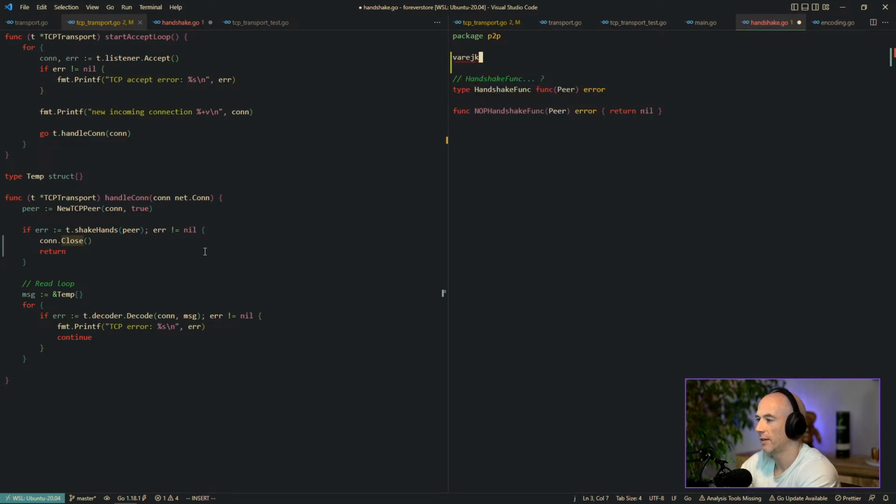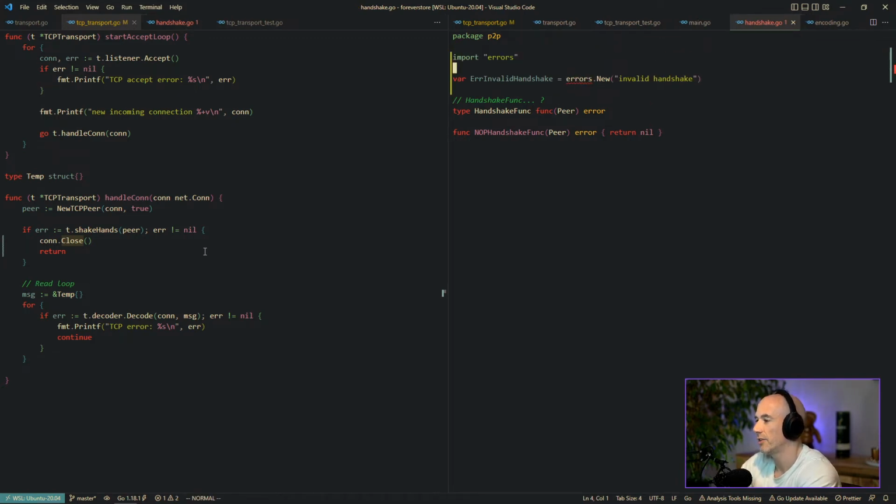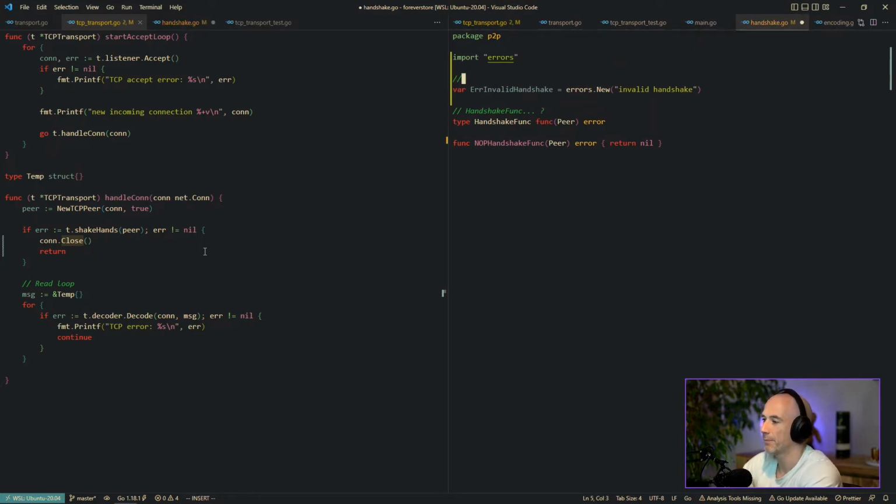Man, why? So much lag in this VS Code. Var ErrInvalidHandshake equals errors.New invalid handshake, and always make your errors lowercase. Why is it not working? It is working. Let's add: ErrInvalidHandshake is returned